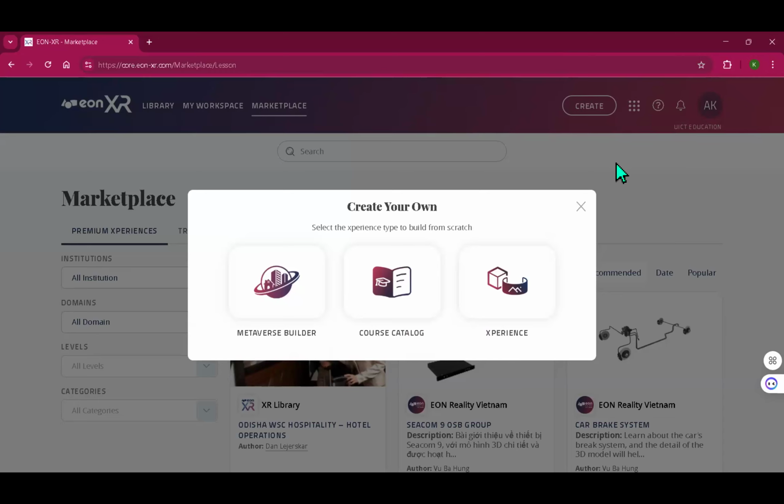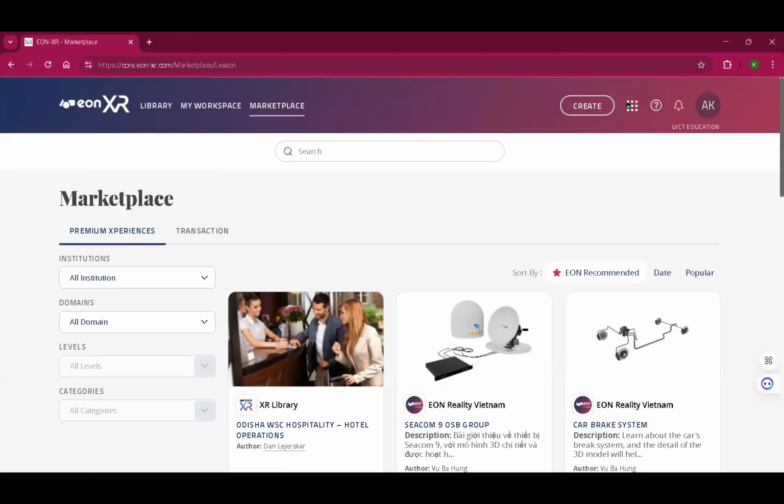Now, let me also click, I have a problem with the internet. Then here, at the same time, you'll be able to create 3D assets, import 360 assets, go to your marketplace and do other things, and also join meetings.